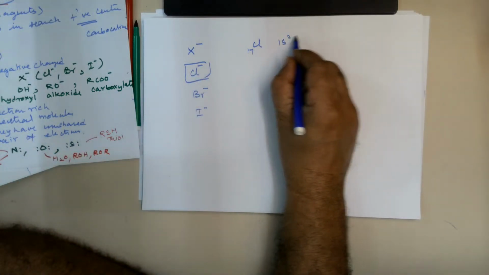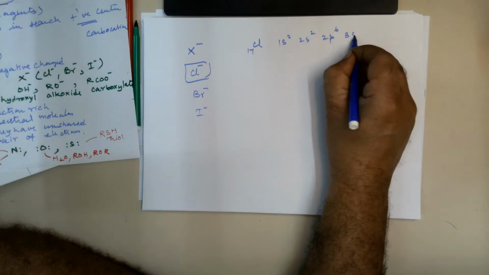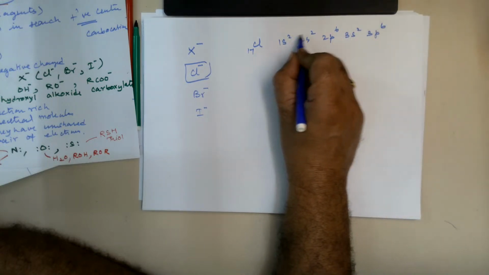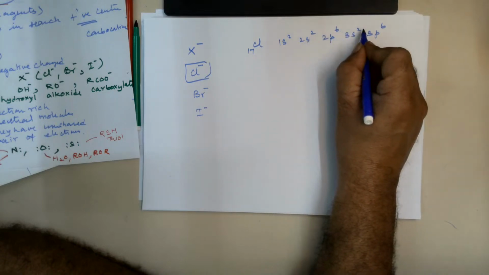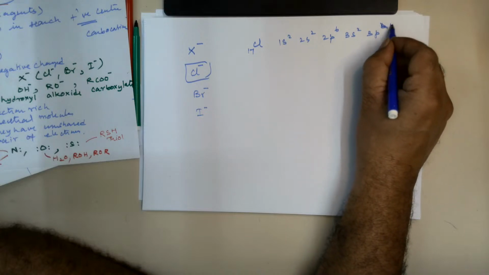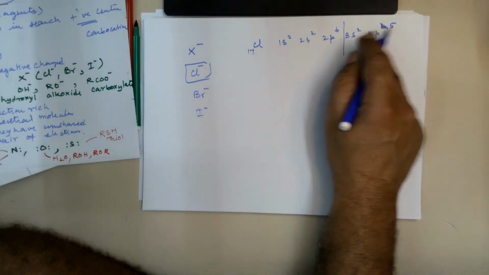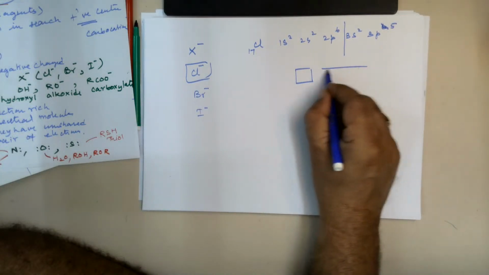So 1s2, 2s2, 2p6, 3s2, 3p6. Now you just count 2 and then 4, 10, 12, it becomes 18. So reduce 1. So what is the outermost shell? 3s2, 3p5 only. So let us draw the 3s2 and the 3p5